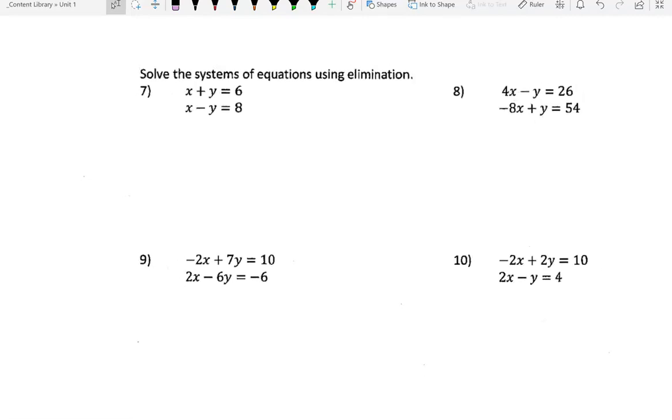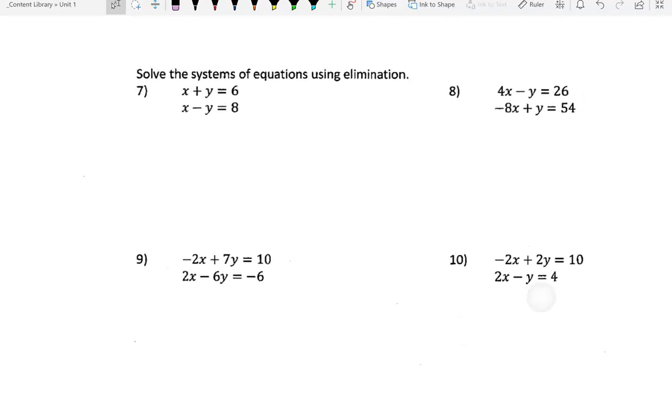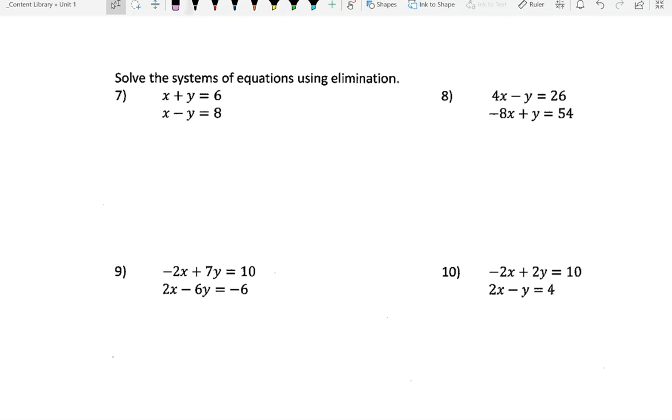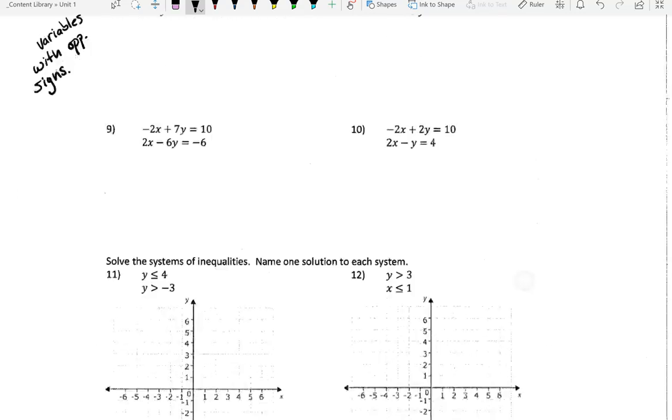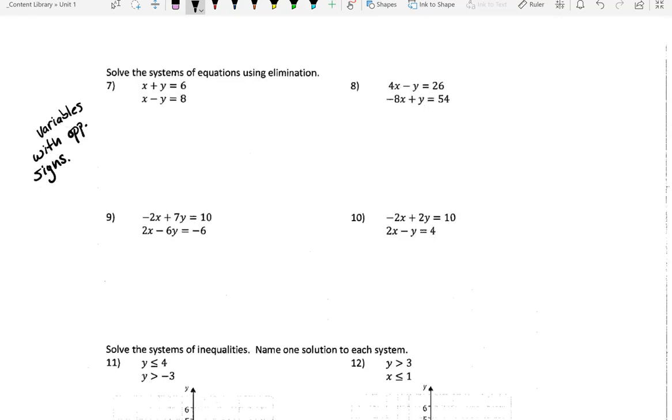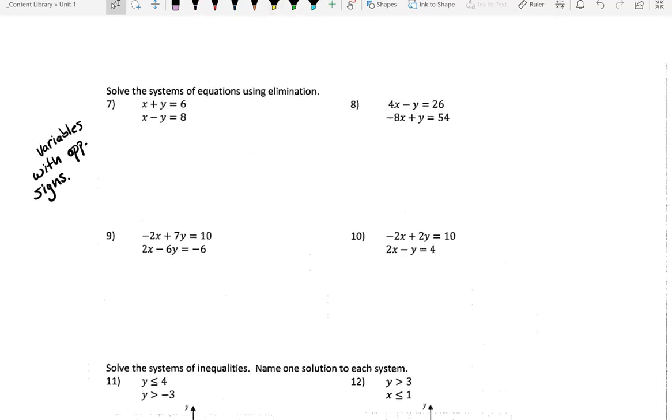Okay. Elimination. Again, we have 2 terms. We need to get it down to 1 term. So you want to find a couple things. You want variables with opposite signs, so you can cancel them out, and then things that can be multiplied. So you can multiply any line by any number as long as you do it to both sides. That's fine. All these look like they're pretty straightforward ones and easy ones, where they're already kind of set up for you. So, for example,